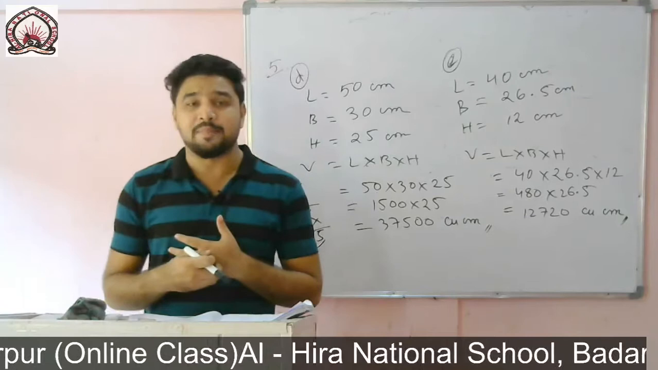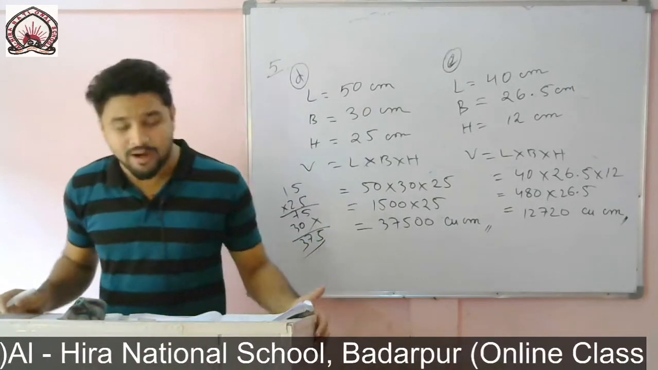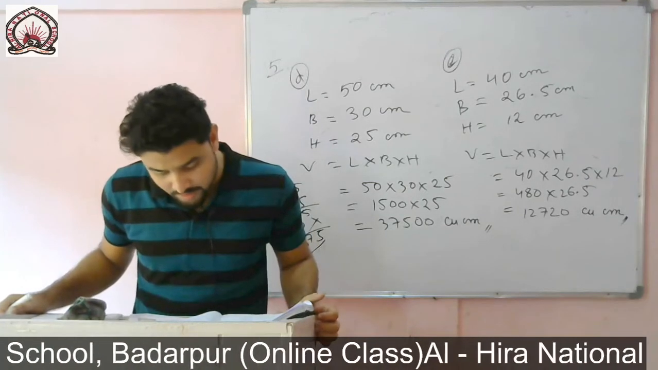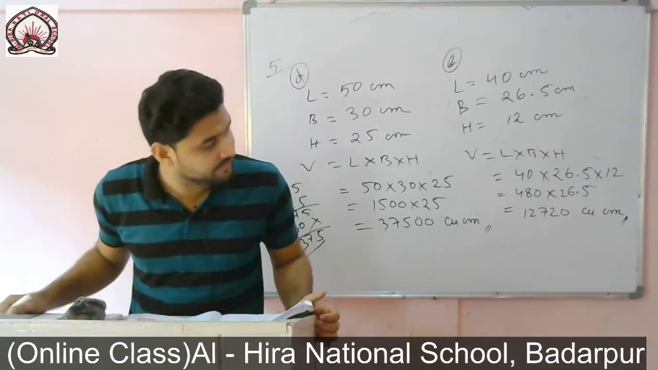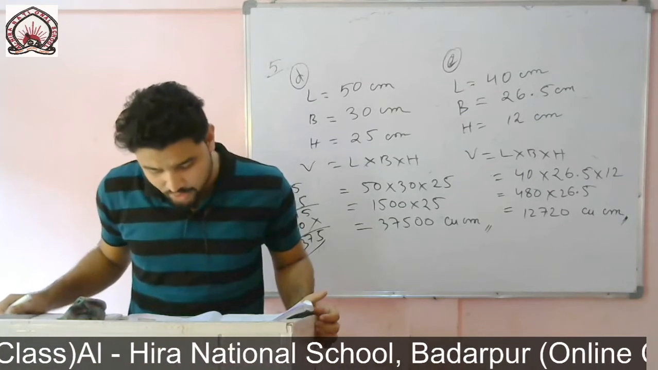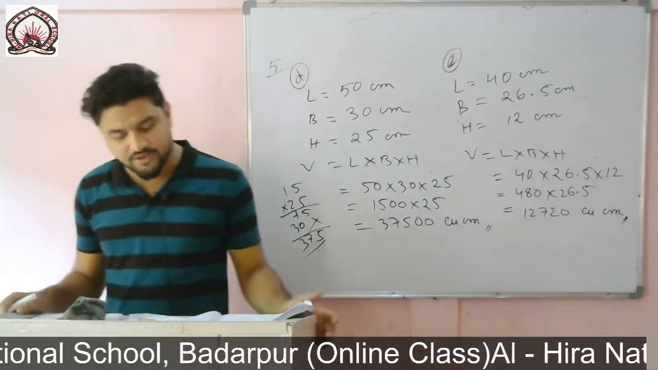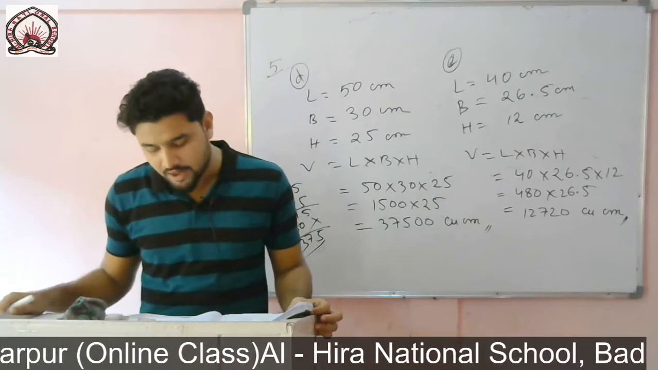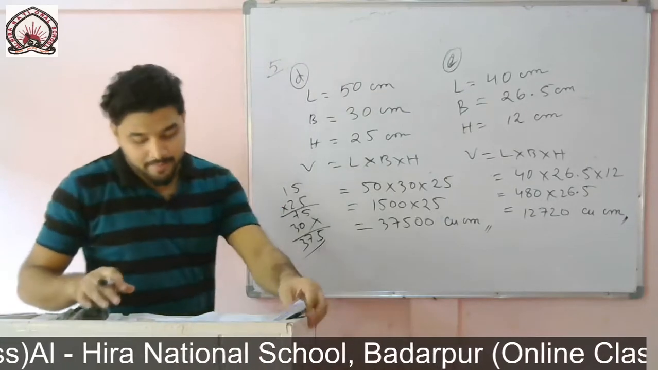So length, breadth and height of the swimming pool is given, and the pool is 3/4 full of water. Find the volume of water in the pool. Now we have to find the volume of water. So you see, right,